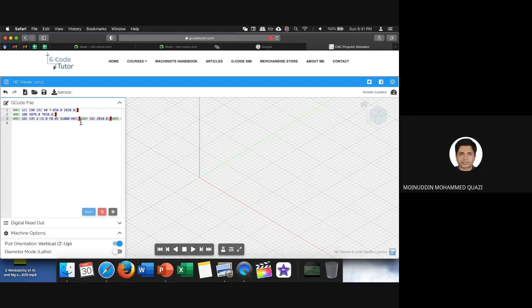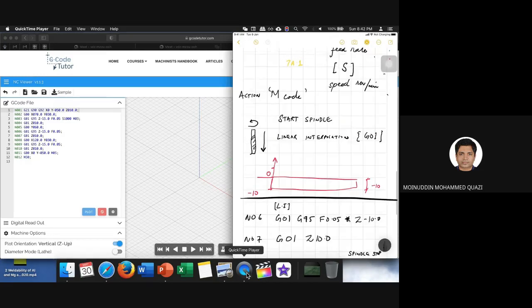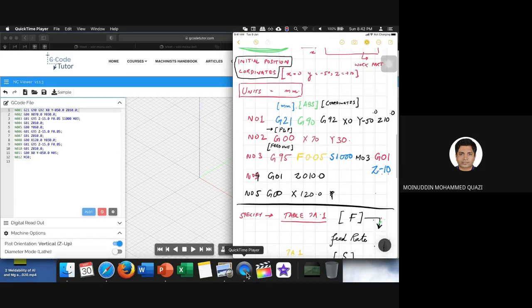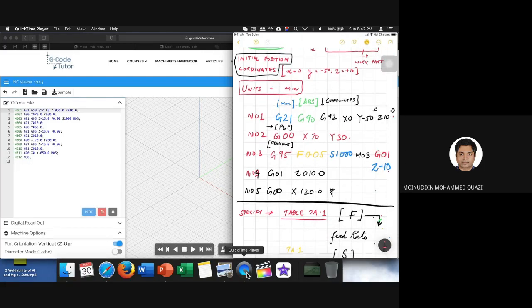There is one mistake which I have done. If somebody can highlight the mistake, I will be very happy. There is a very major mistake I made while writing the program. The mistake is that I did not put a semicolon. In order to finish every sentence, we have to write a semicolon. So remember this, otherwise your whole program will not be able to run.